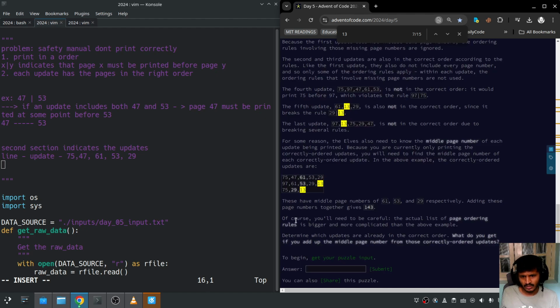Cool. So they have the middle page numbers specifically, and so okay, what are they asking us? We know which is true and which is right and wrong. We also need to know the middle page number of each update being printed. Because you are currently only printing the correctly ordered updates, you will need to find the middle page number of each correctly ordered update. In the above example,